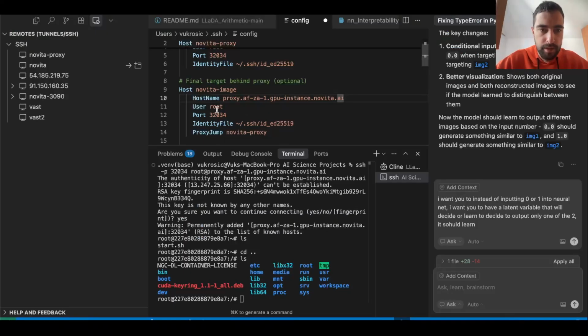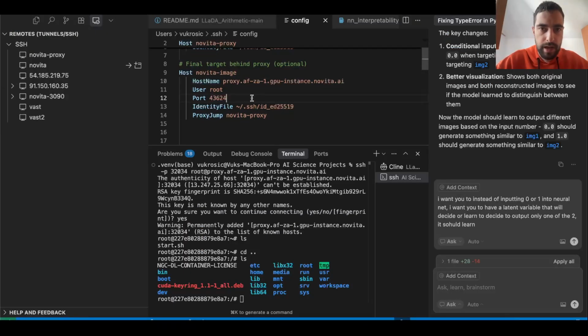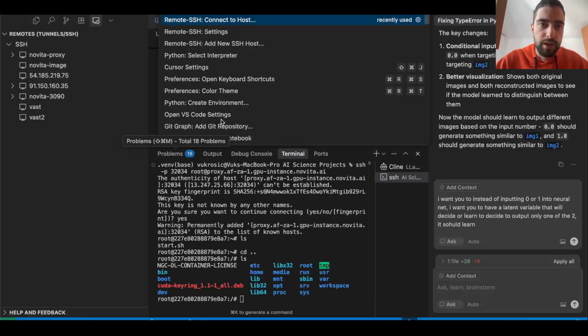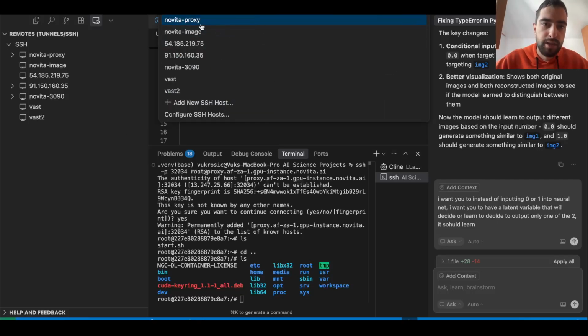This is the port, and then I should be able to connect to this. If I refresh here, I should connect in new window. And you will need this extension, SSH extension for VS Code, and then just follow instructions of ChatGPT. You need to look for this connect to host, and then configure settings, configure this one, and then you get